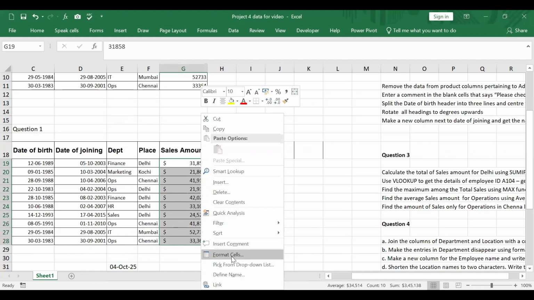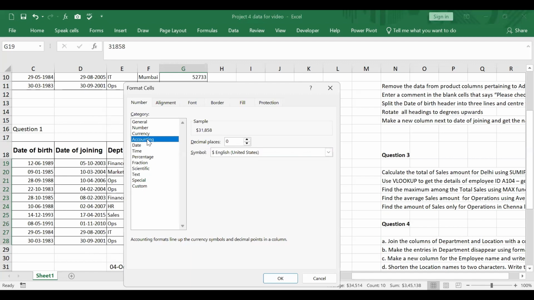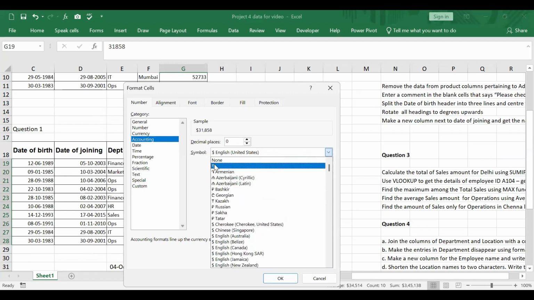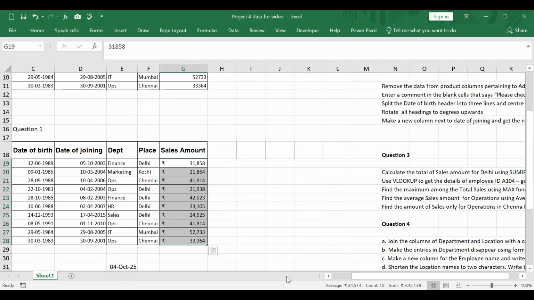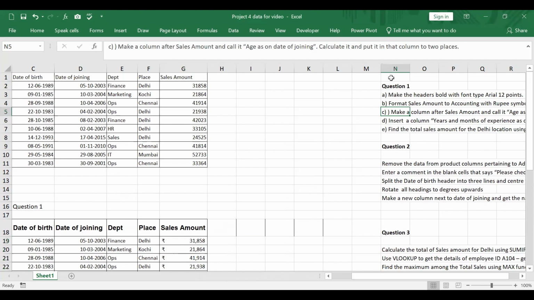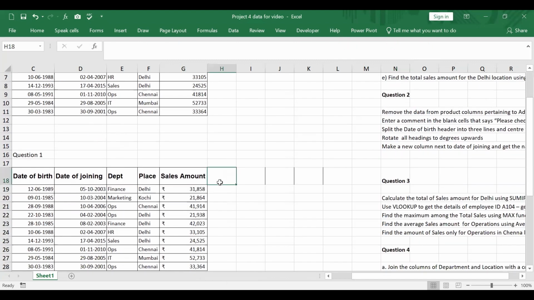So format cells, accounting, and it has to be the rupee itself. Okay. Next: insert a column after sales and call it age as on date of joining, and calculate and put the column in 2 decimal places. So age, let me take it here with alt, enter, age